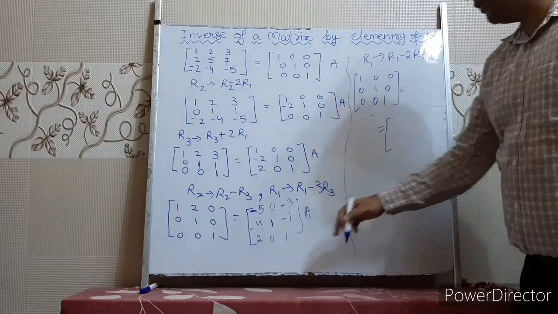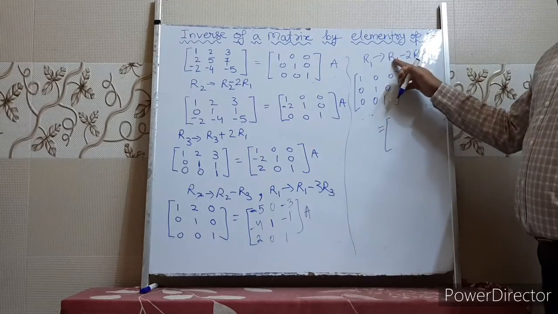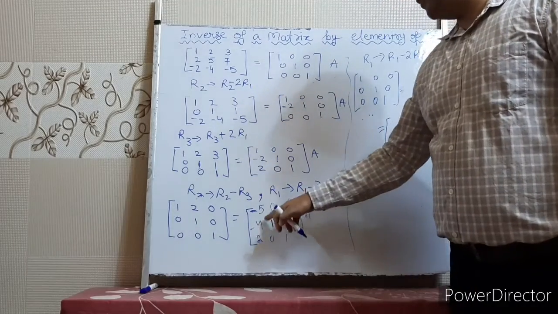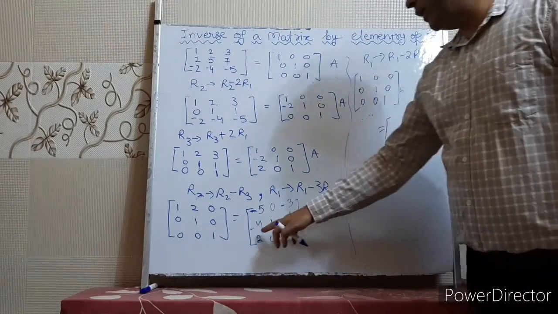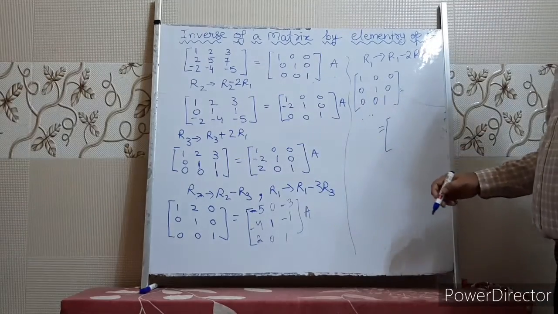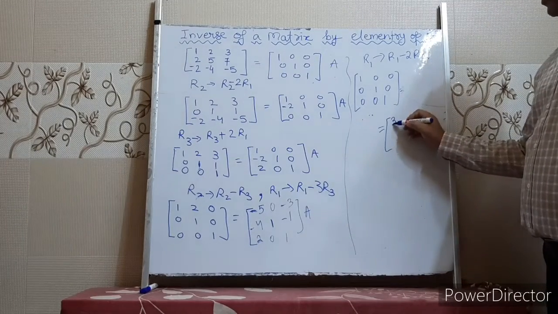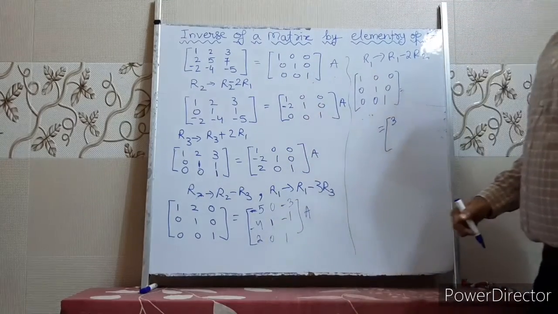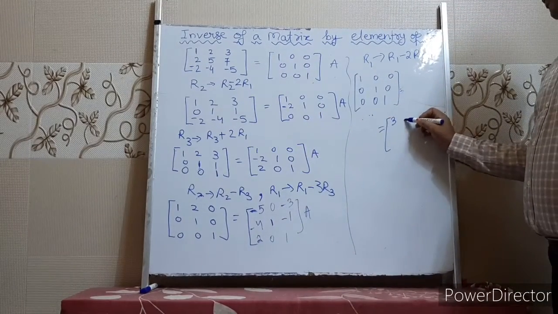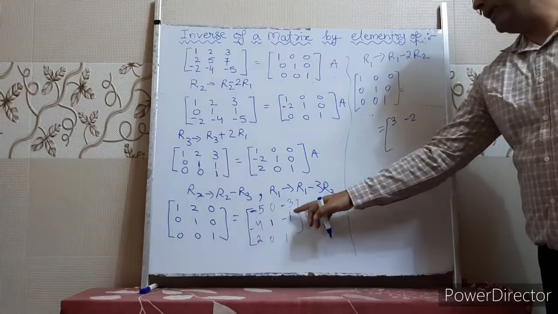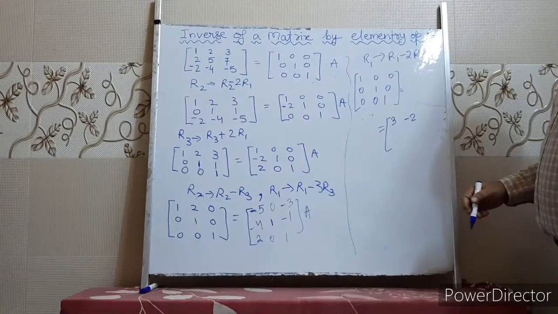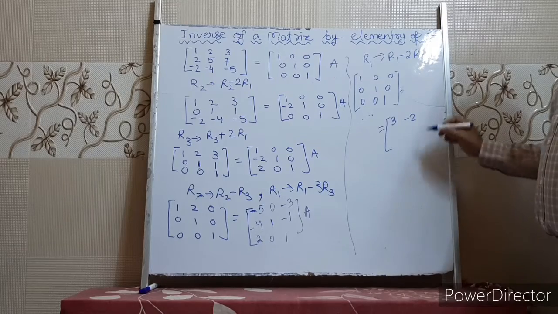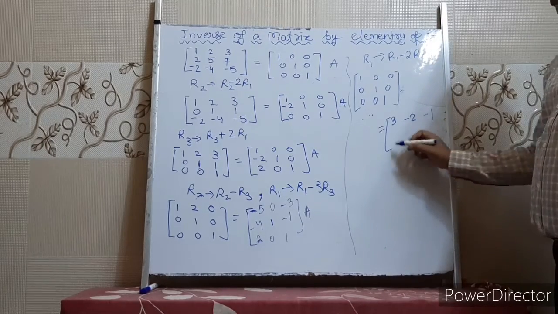What is the value of this matrix you will get? Here the operation is R1 minus 2R2. That is, we are multiplying by 2 here and then subtracting. So when you multiply 2 here, it will become minus 8. 5 minus of minus 8 will become plus 8. So what will we get? 3 we will get. When you multiply 2 here, it will become 1 times 2. 0 minus 2 will be minus 2. Minus 3, minus of minus 2. Okay. That will be minus 1.